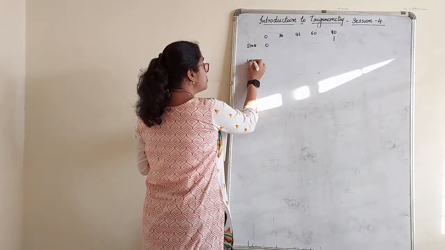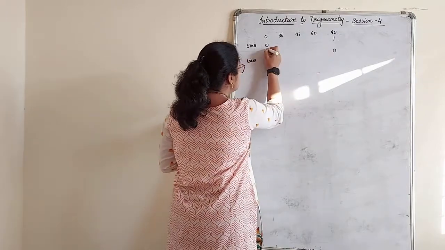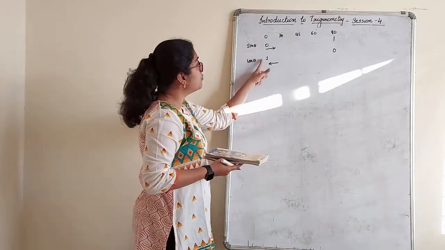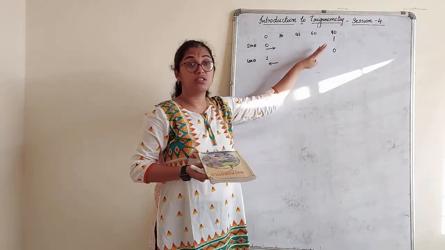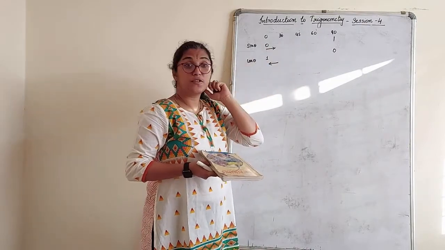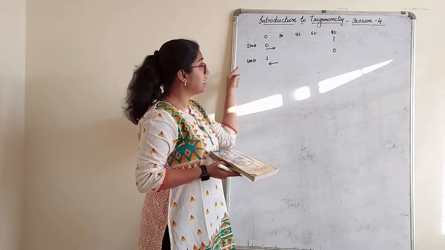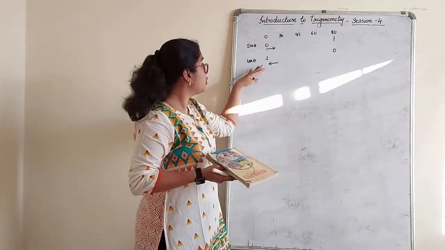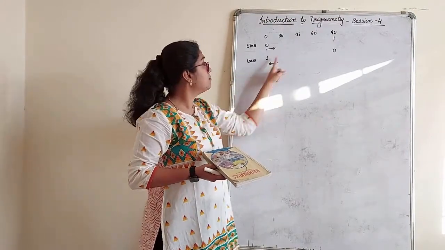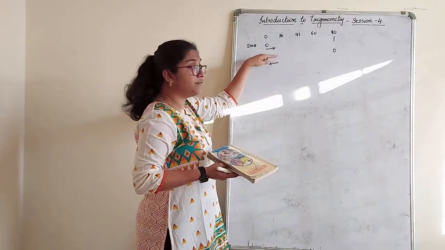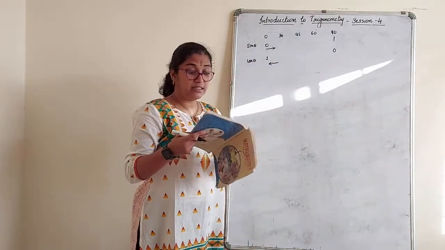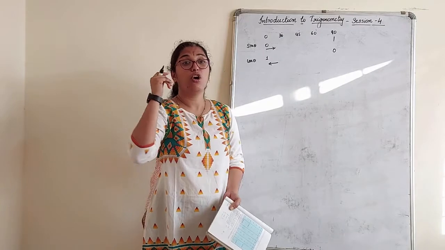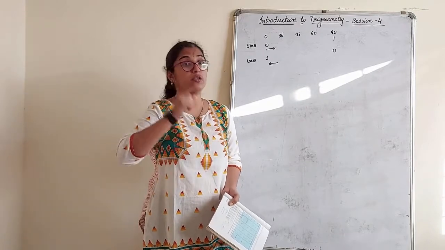In cos theta, if you see, it is 1 to 0. Sine theta value increases. What about cos theta value? It decreases as you move from 0 to 90, right? These questions are usually asked in MCQ style or true or false. The value of sine theta increases as it moves from 0 to 90 degrees. The value of cos theta decreases as it moves from 0 to 90, because see here, it is starting from 1 and going to 0. Similarly for the other angles, you will come to know whether they are increasing or decreasing as you move from 0 to 90.